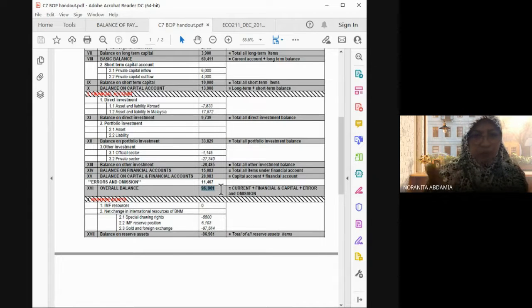Let's say you have to calculate and build up this BOP alone. Kadang-kadang soalan ni pun diminta you buat satu structure macam ni sampai habis lengkap satu BOP. Dulu-dulu rajin soalan keluar macam ni. So nak tahu sama ada pengiraan you betul atau tidak, this is the tip: after you settle all the major accounts, the current account, the financial capital account, and once you calculate for the reserve asset ni, you akan dapat figure yang sama. Kalau you dapat figure yang sama macam ni 96961, sama figurenya dengan overall balance, that's mean your calculation from head to toe is correct.